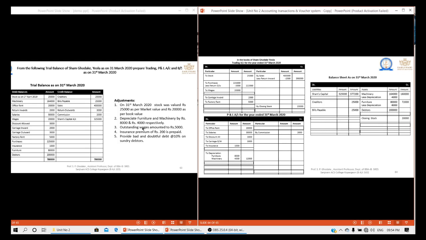Then the next adjustment is outstanding wages, which amounted to rupees 5,000. Wages is on the debit side, so we have written it in the inner column. So we'll do the adjustment. Outstanding wages were added to the wages, and the second effect of those outstanding wages will be